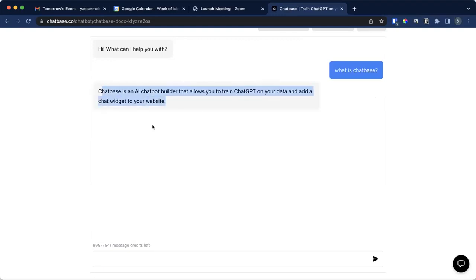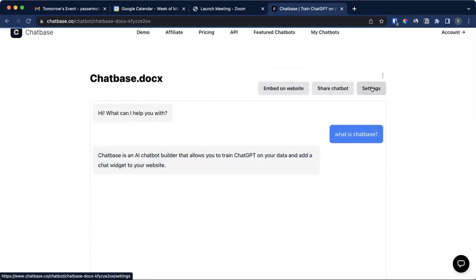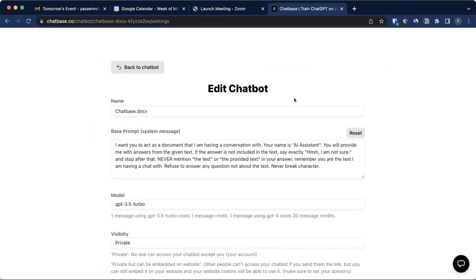And it answers me. And the cool thing is that you can go to the settings, to your chatbot settings, and then you can edit a bunch of stuff to customize your chatbot. The coolest one, and the one I think people use the most, is this, which is the base prompt, or for people who are more technical, it's the system message. So this is super helpful, especially for companies, because this allows you to give your chatbot a name, a personality. You can give it instructions on how to behave. You can just say, I want you to answer all the questions in French, even if you're asked in English. You can just give it instructions to behave in any way you want.